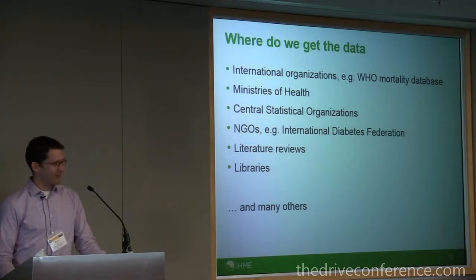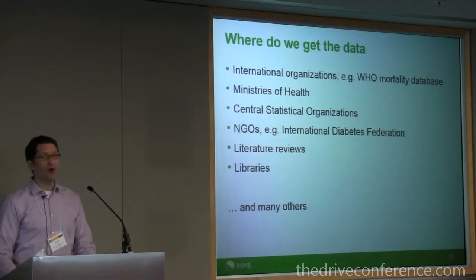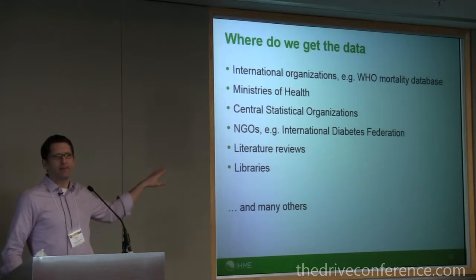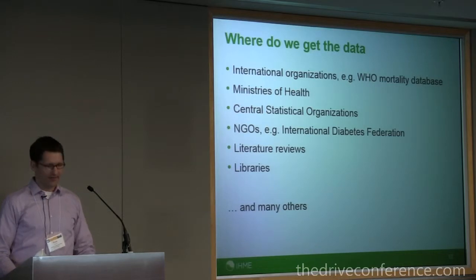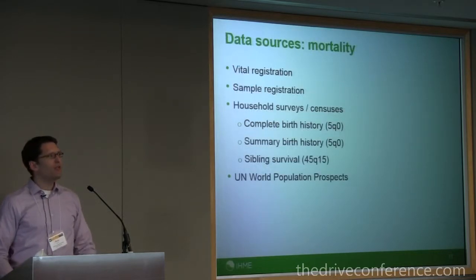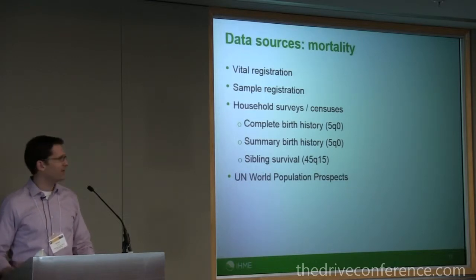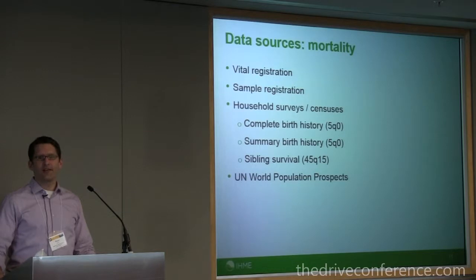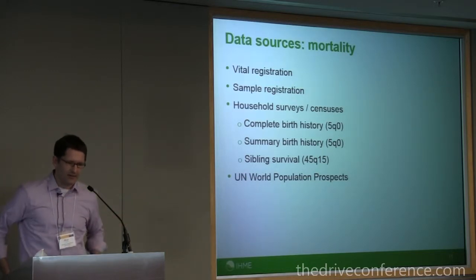We work with NGOs to try to get data from NGOs. We do extensive literature reviews specific to risk factors and causes. We go to libraries, we check out books, we scan and digitize printed information, and then many others. It's just like a little snapshot. But again, if you multiply that by 187 countries, there's a lot of work contacting, working with people, and so on. I'm going to briefly go through all the data sources that underlie our analysis, and stop me when you think it's getting too boring. But it's an important piece to understand where the information comes from and how much work it is to actually bring this all together.